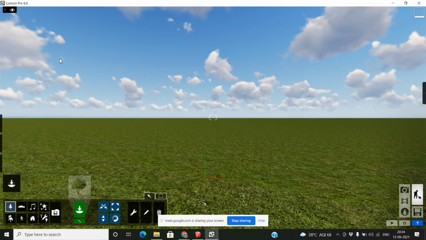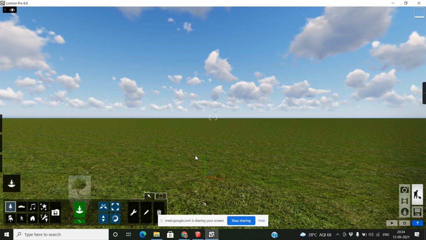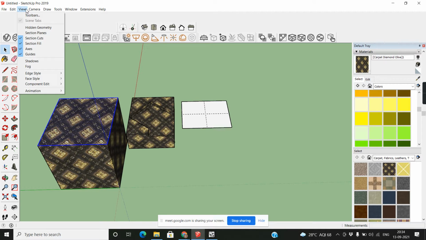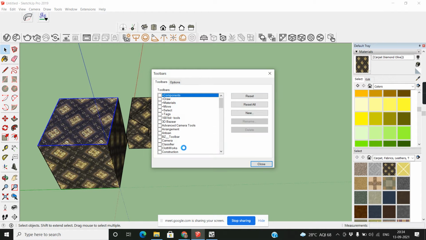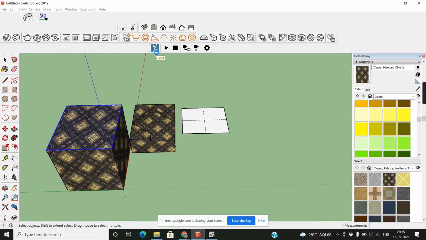In terms of that, you can also have a second option. It's very important, very useful. Suppose you are working with any software, like maybe SketchUp, V-Ray, Revit or 3ds Max. You have one option to download from the Lumion website, called Live Synchronizer. Just go down and you will get this one, the Live Synchronizer. See, the icon is the same. It's similar to what you know as the live synchronizer.